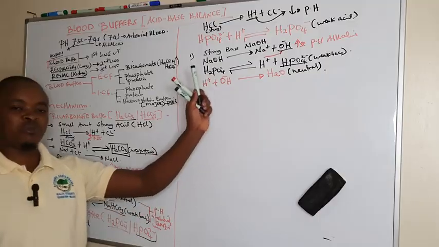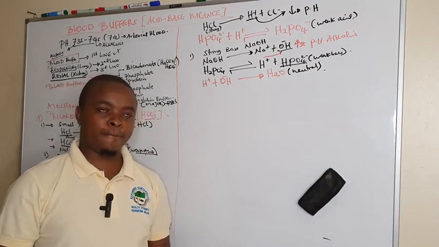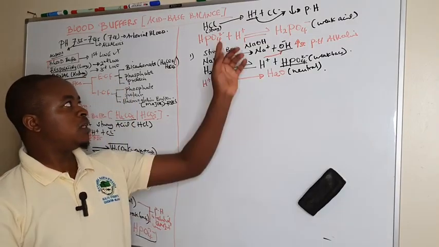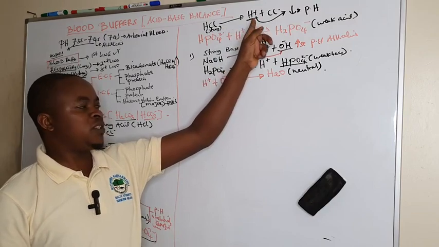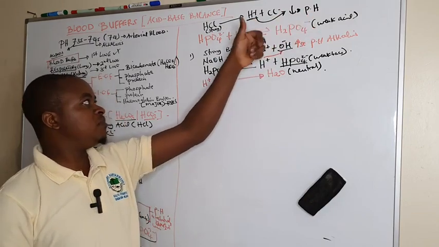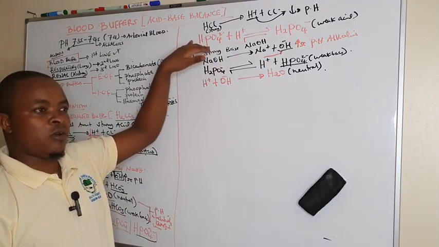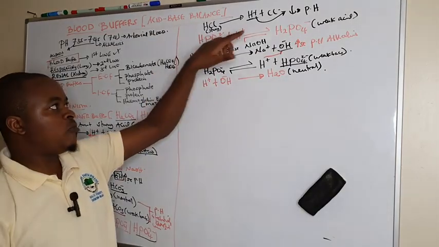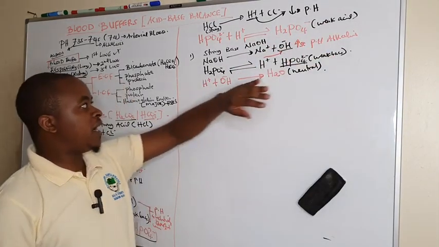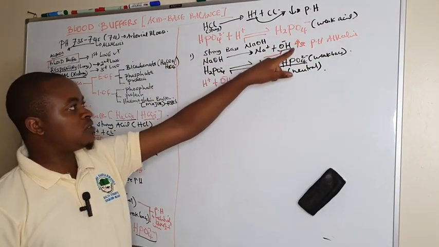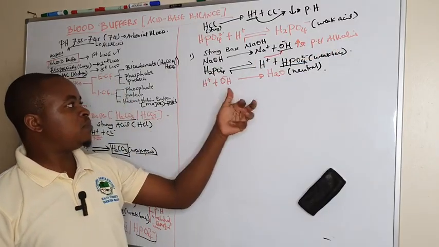So this is the mechanism of action, how a phosphate buffer acts in the body. Here, when acid is added, the hydrogen ions, which would have decreased the pH, are buffered by the weak base, monohydrogen phosphate, to form a weak acid which will keep the pH at a relatively constant level. If we add a strong base, the hydroxyl ions which would have increased the pH to alkaline, they are accepted,